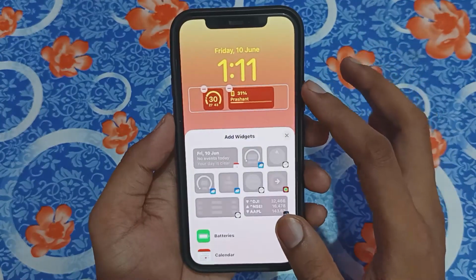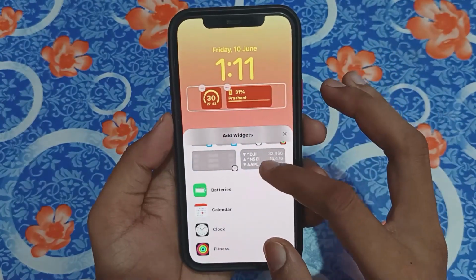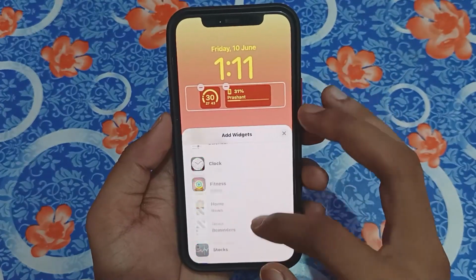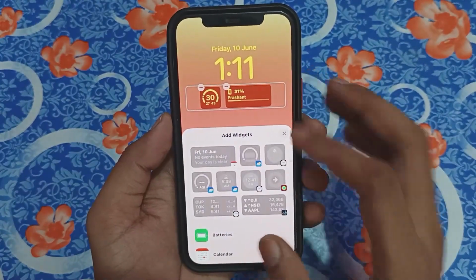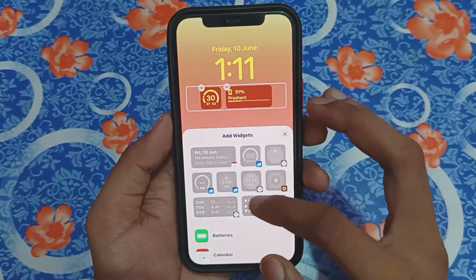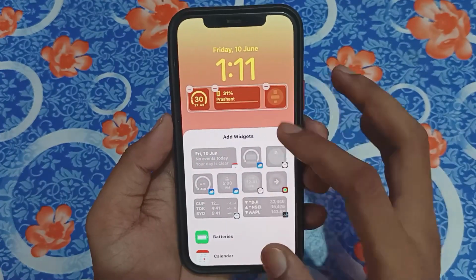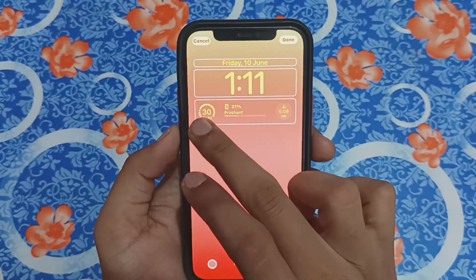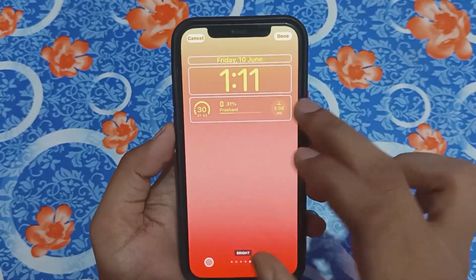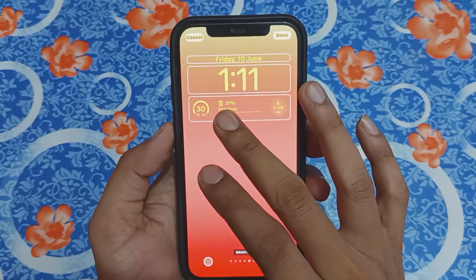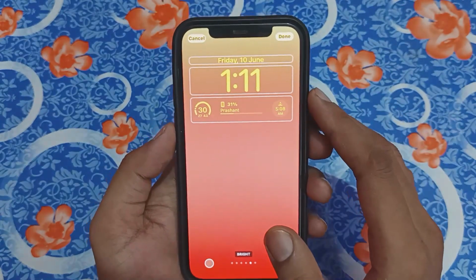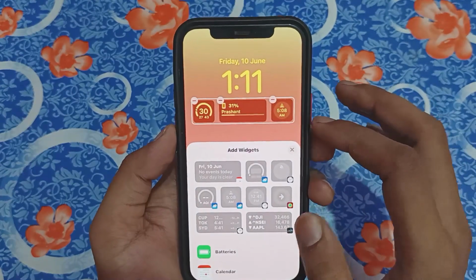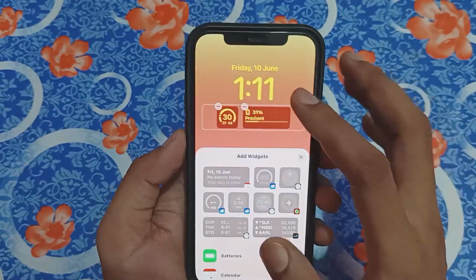So in the third row, I think this is the most customizable row, and it has got many options. In my case, I have set the temperature. This will show me the temperature. This will show me the battery percentage, and this I don't know what it is, but yeah, just for an idea, you can customize